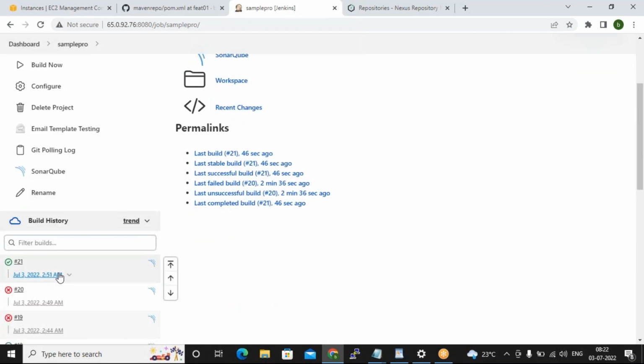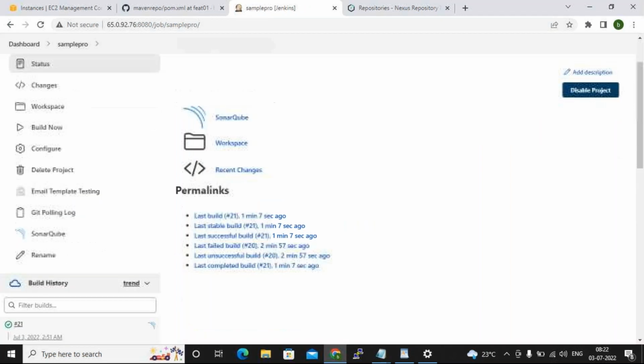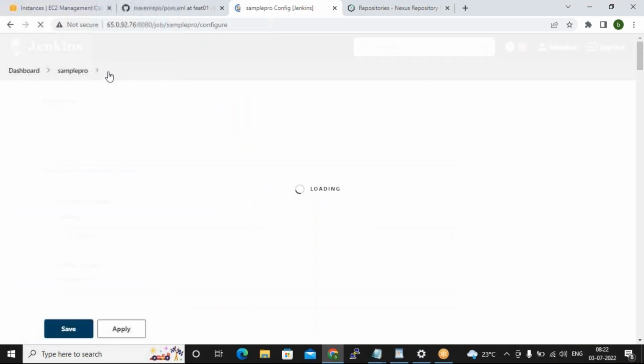Yeah, the success now. Yeah, so the job is success. Okay, now what is a variable? I hope you configured mail also, right? Can you show me your email first?